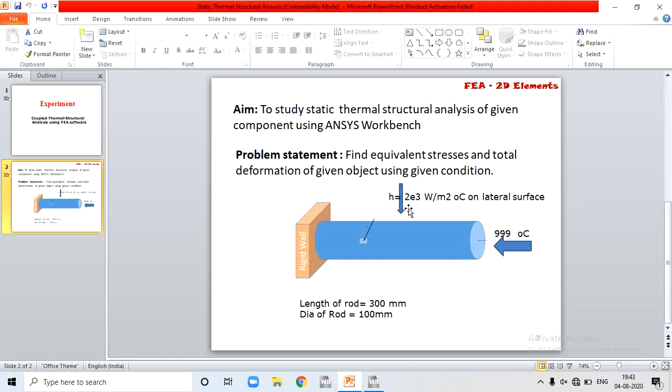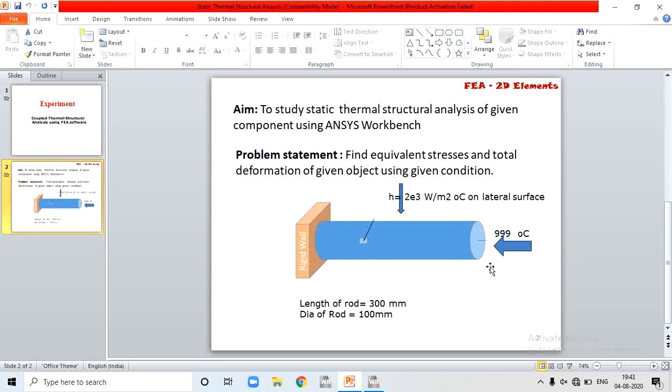For structural analysis, again we have two conditions or two inputs. First, the left hand end of the rod is fixed, that is, fixed with a rigid wall. And second, without application of load, the rod does not induce or produce any stresses, so we'll take the thermal load itself on the free end.